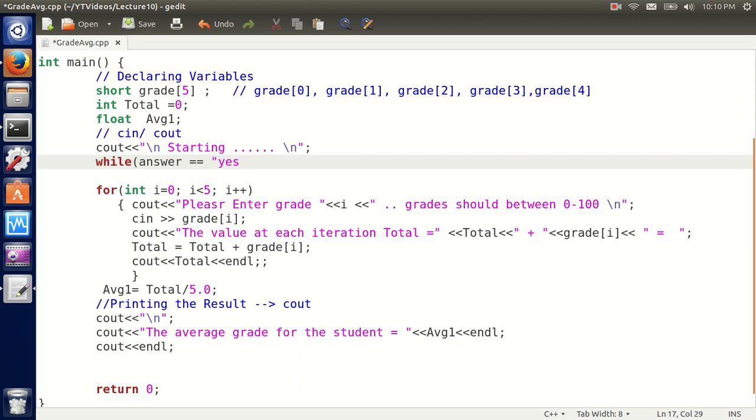yes, and I can make it answer equals y, but I want to use a string. Remember, if I use a character, we only use single quotes. Or answer equals all capital, or answer equals capital. I'm trying to cover all bases of yes, so if the user inputs any one of those,